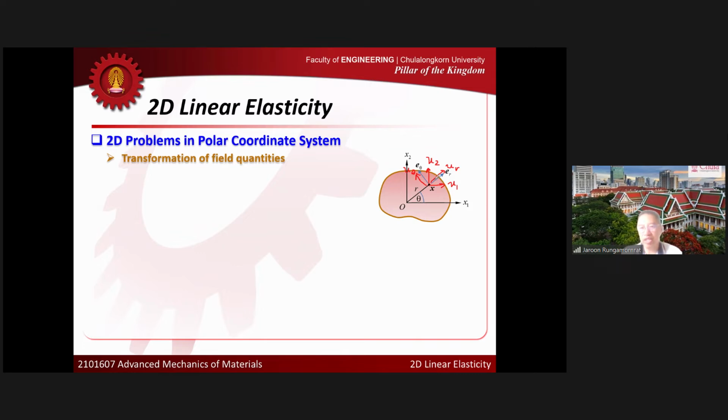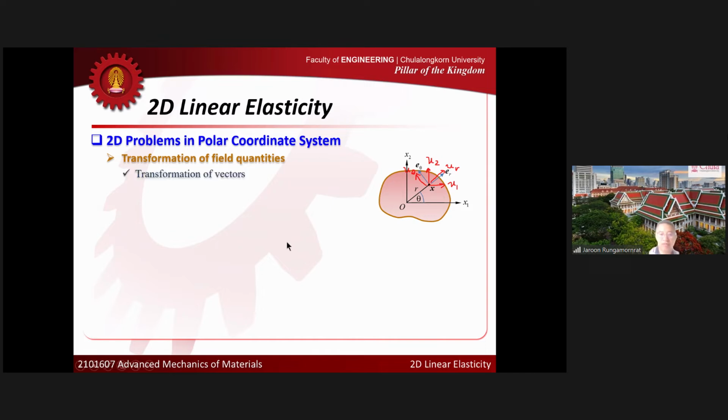Because you know that U1 and U2 and UR and U theta represent the same vector. We need to have some way to transform the components here from one to the other, right? And you learned that from Ajahn Thirapong, I guess, right? You know how to transform the vector and the tensor from one system to the other system. We use exactly the same rule here. The law of coordinate transformation that you learned before can be applied here. Okay, so now if I look at